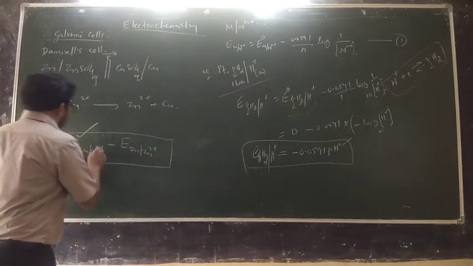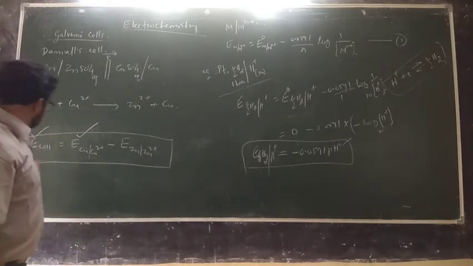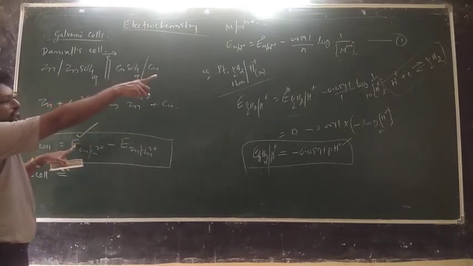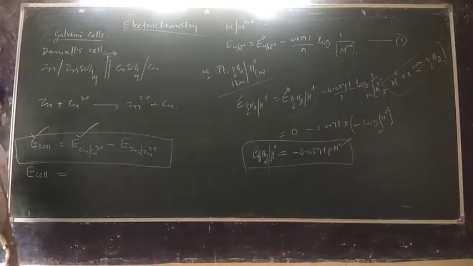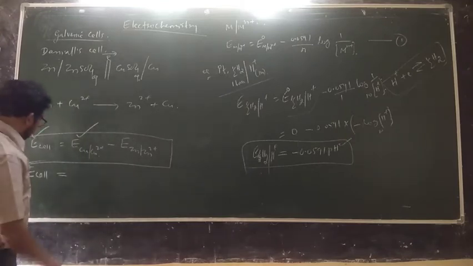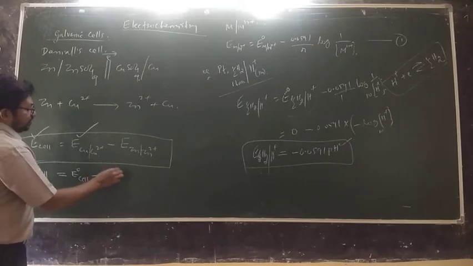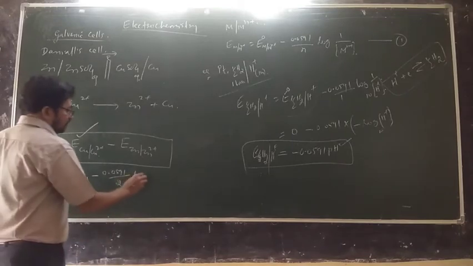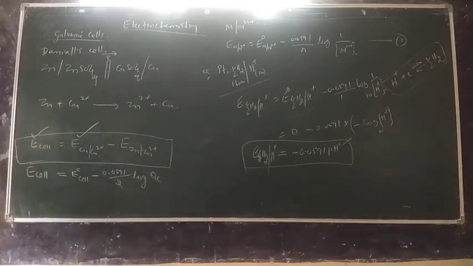Suppose you club both the electrodes by this equation, so you all know what is the final form of the Nernst equation. So substitute those values in both. I will write first for the Daniell cell. E of cell will be, look here, E naught of the cell minus 0.0591 by n, here 2, we got 2 electrons lost, log of QC. What is QC? This is QC.